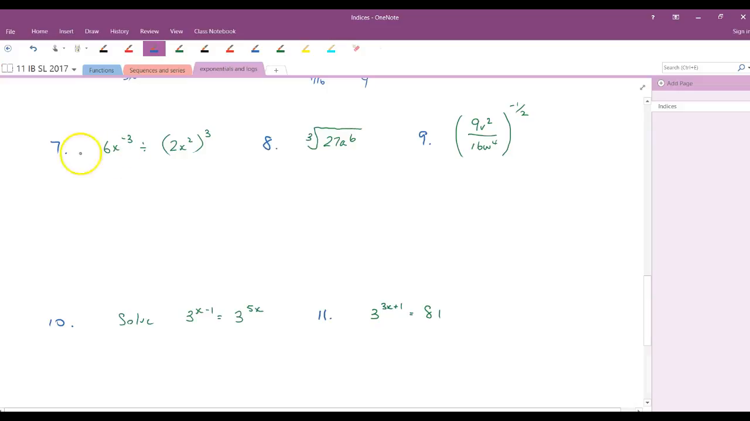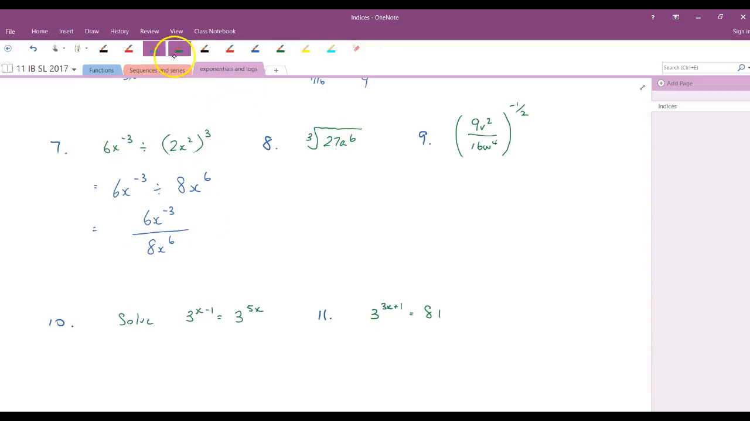Okay, now at question 7, 6x to the minus 3 divided by... Alright, now with this division, always good to divide your numbers first, so 6 divided by 2 is 3. Now, oh hang on a sec, before I do that, just had a better idea, I'm going to get rid of this bracket first. Always a good idea to get rid of brackets first. 6x to the minus 3 divided by, then let's cube the 2, and let's cube my x squared. Now I've got 6x to the minus 3 divided by 8x to the... I'm going to put this into a fraction